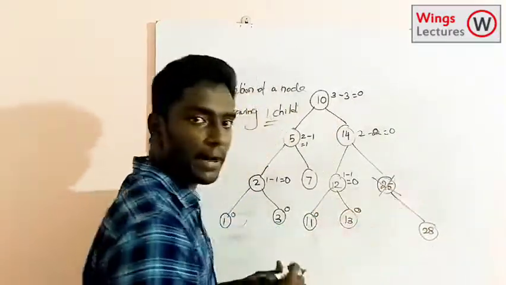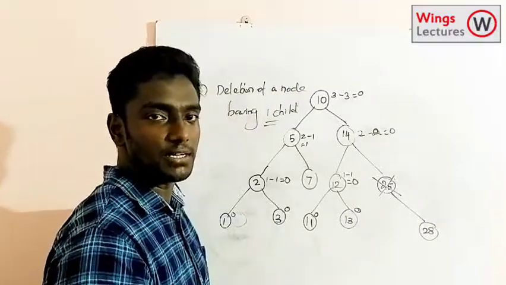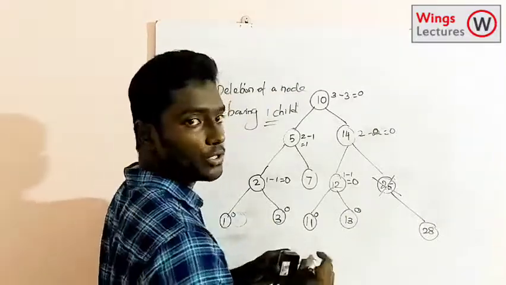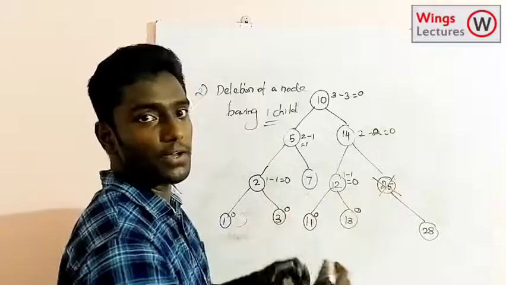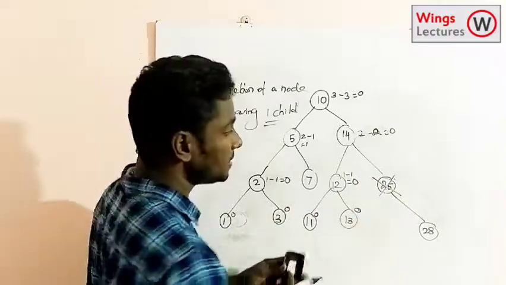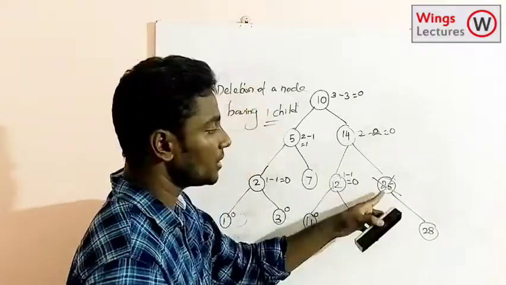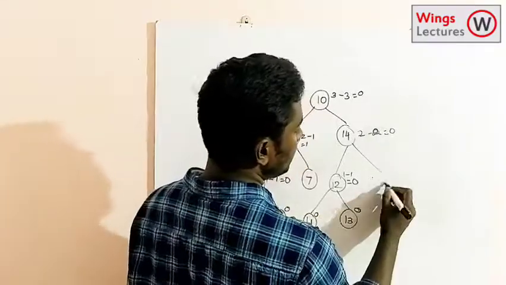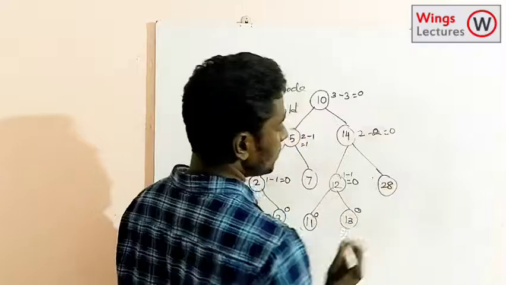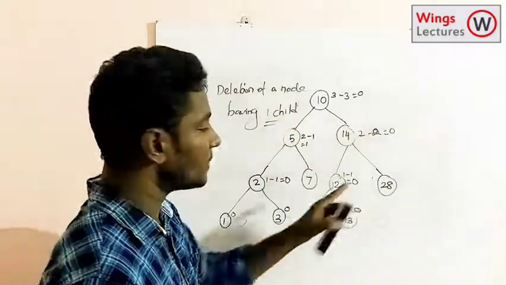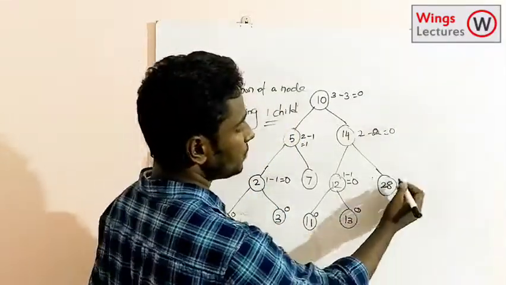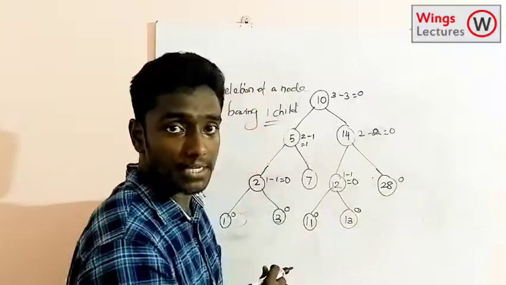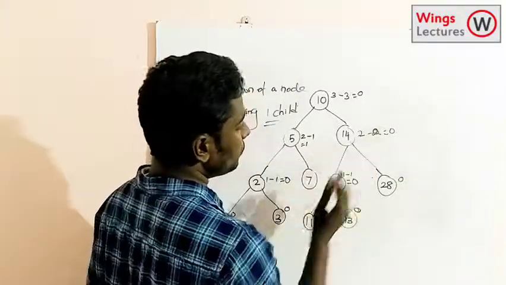So as per binary search tree deletion rule, what you have to do? You have to replace the value with the in order successor, right? So which one is the in order successor of 25? 28. So I am going to replace 25 by 28 after deleting 25. Again you have to check the balance factor. See, what is the balance factor of 28? Which is 0, right? And the balance factor of 14.